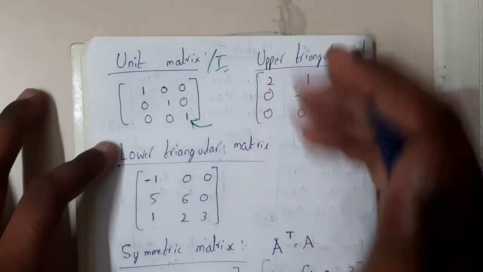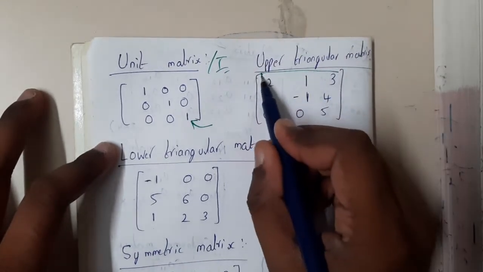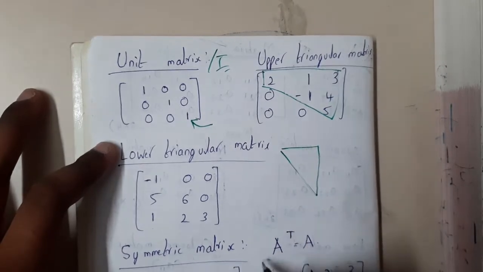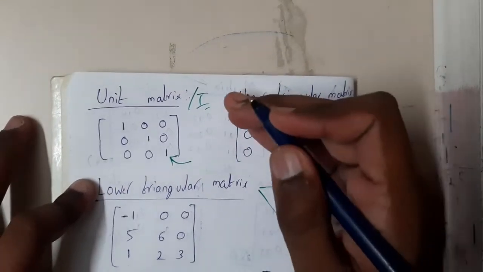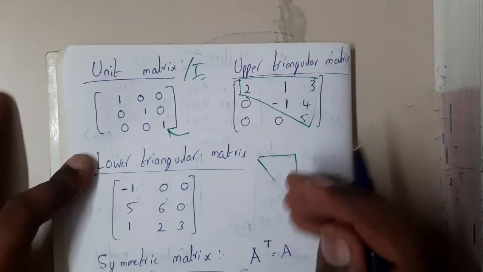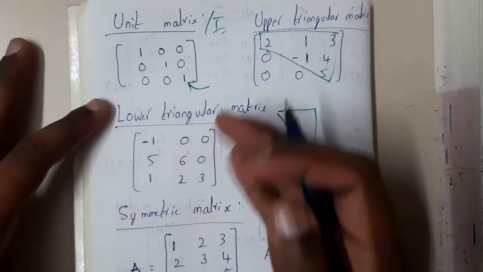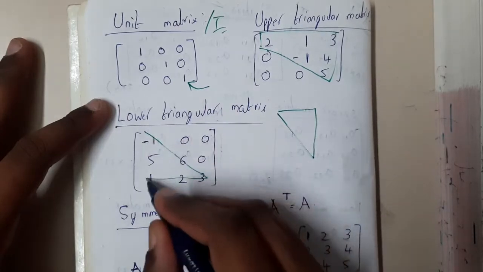Okay, so upper triangular is nothing but only in the upper triangle. So if you observe here, this is the upper triangle, right? So it is in the shape of a triangle and it's on the upper side, right? Hence if there are values only in this part, then we'll say it is an upper triangular matrix. Similarly lower triangular matrix, so only in the lower side of the triangle.